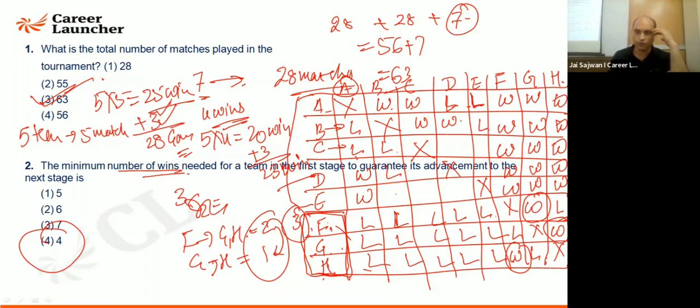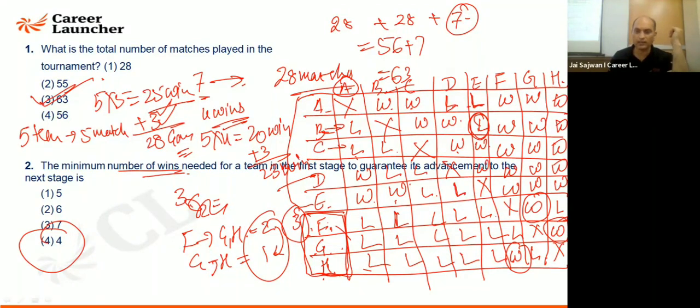E is also going to win against B because B lost to E. Look at this. B lost to E. So E wins against this. Now, the next is C is going to win both the matches. Then only it will be selected that against D and E, it is winning. So D and E, both of them are losing. Is that fine? Now there are 2 wins for E. The D is going to win against E. So I will say E will lose.